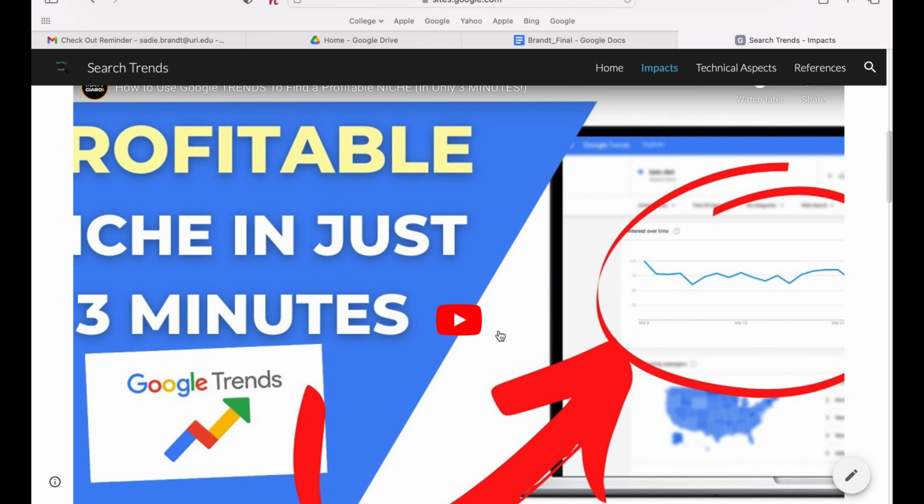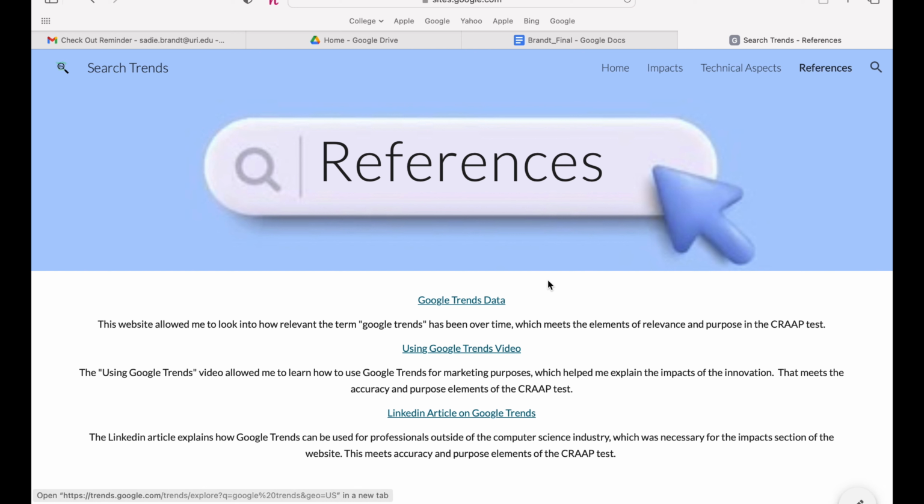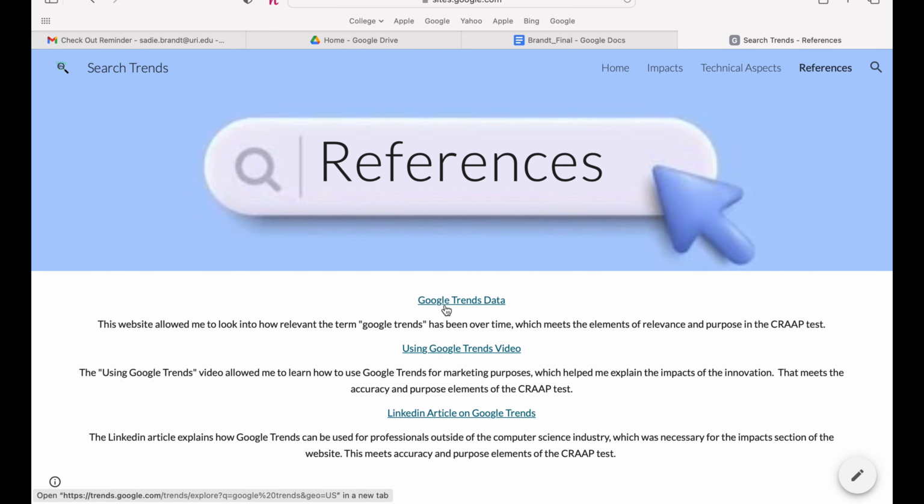And then looking at my references page over here, these are the references that I used. So I used data from actual Google Trends, the video that I just showed you, and then I also used a LinkedIn article on Google Trends for some of my answers shown previously. So this has been my final project, and I hope